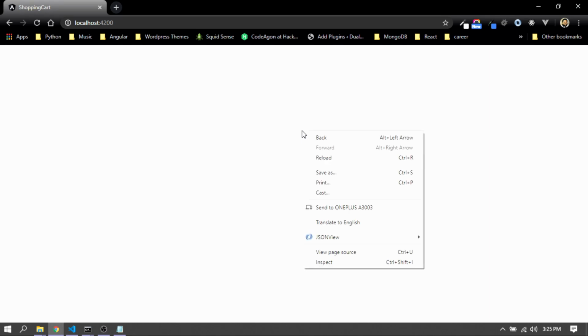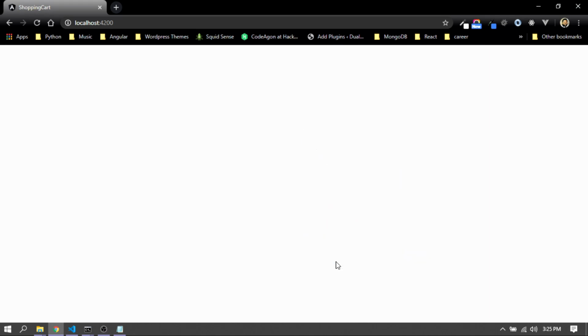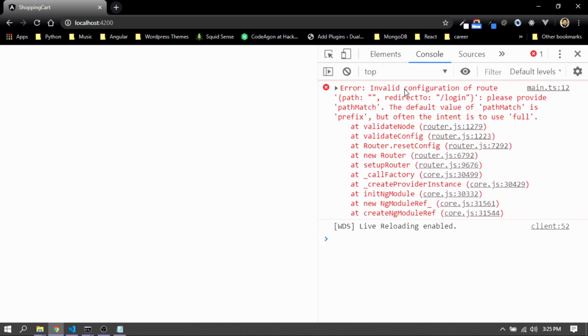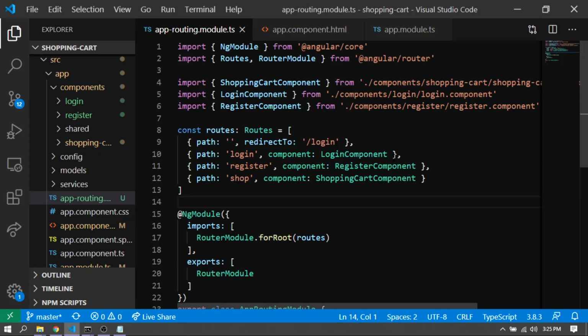All right. And as soon as I do that, there'll be one warning that I will see inside the console. And you can also see that there's no output. So let's see the console. Inspect element. And in the console, you'd see invalid configuration of route. Path empty redirected to login. Please provide the path match. The default value of path match is prefix, but often the intent is to use full. Now, what this means is, first of all, if I just provide path match full,